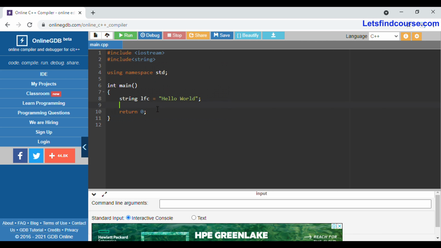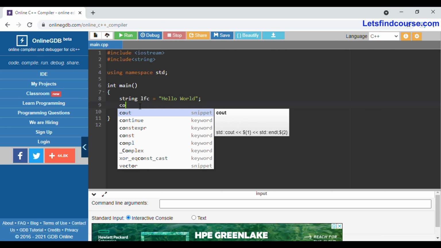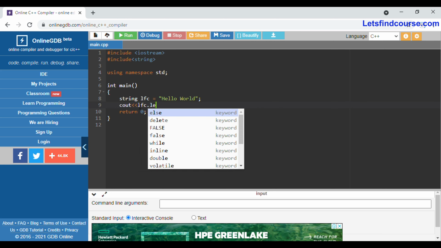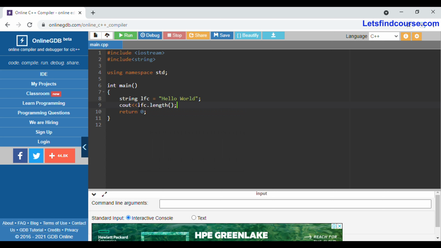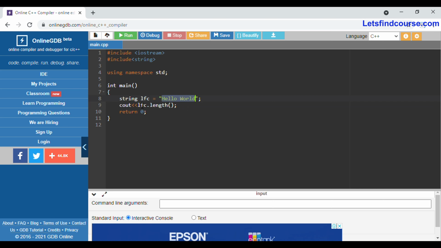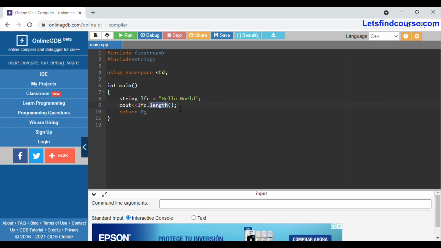Now if you want to calculate the length of this string, that is hello world, you just use the function lfc.length. This is the function which is used in C++ to calculate the length of any particular string. So suppose you want to calculate the length of the variable LFC, which stores the value hello world, you will use the variable name and the function length with brackets and the semicolon, which is used to end any statement in C++. So when you run this code,